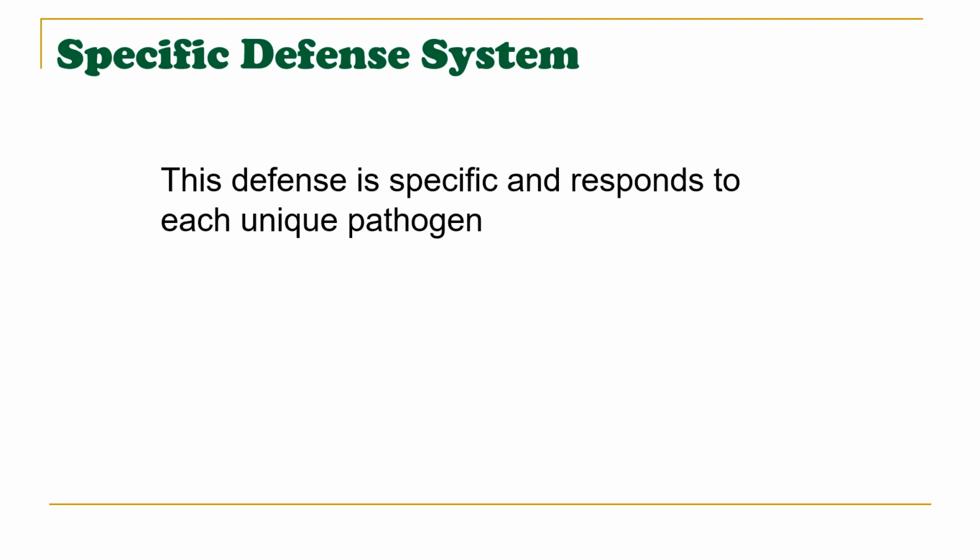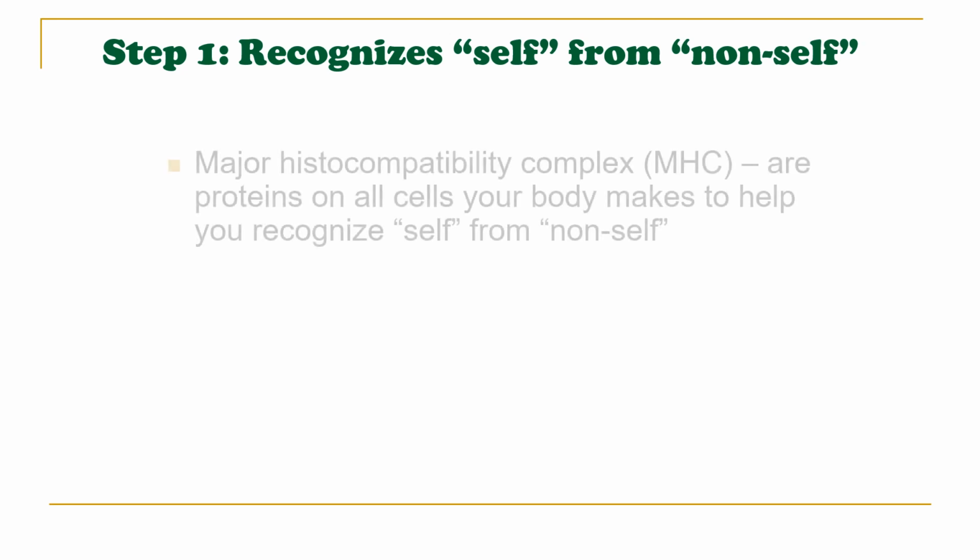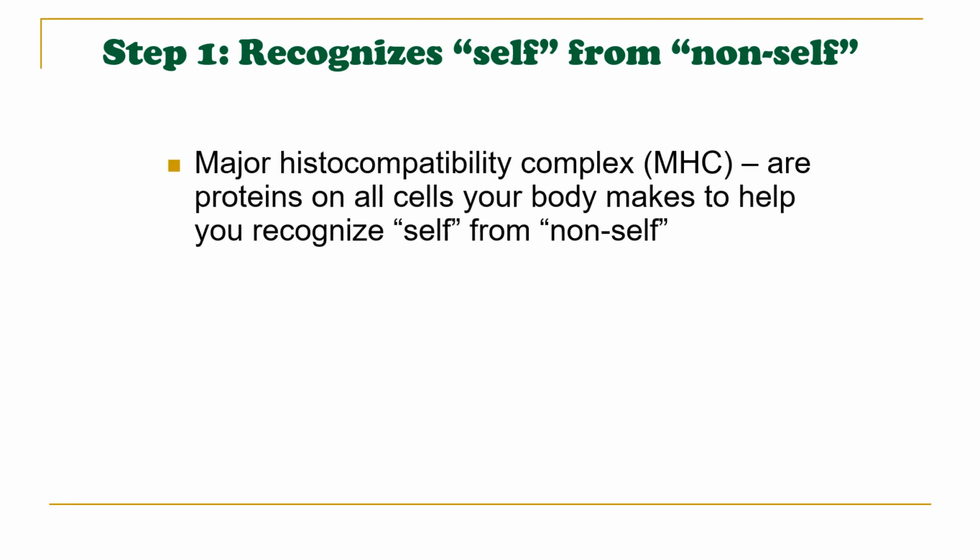So the first step is really recognition. So step one, recognizing self from non-self. You got a lot of cells in your body. Some are yours, some are not. So how does your body keep track of all this? It keeps track with this thing called major histocompatibility complex, aka MHC. The major histocompatibility complex are proteins that are on your cells that your body makes to help you recognize